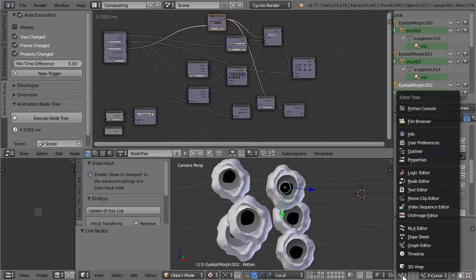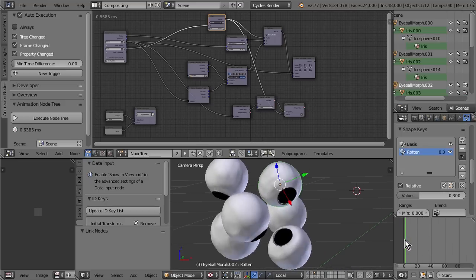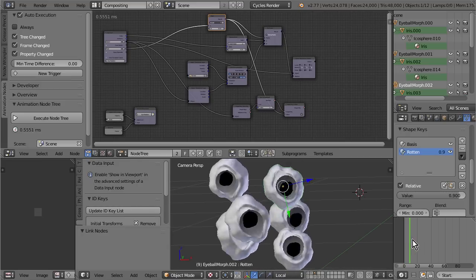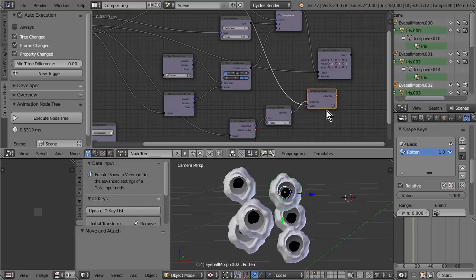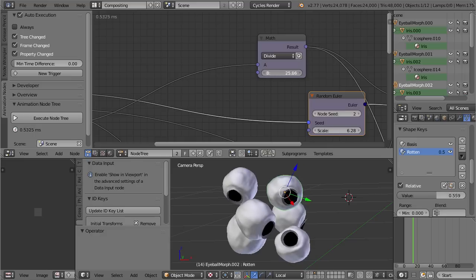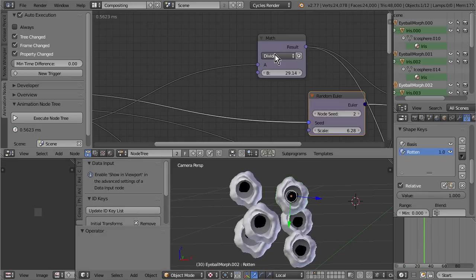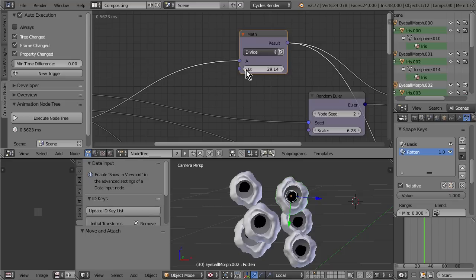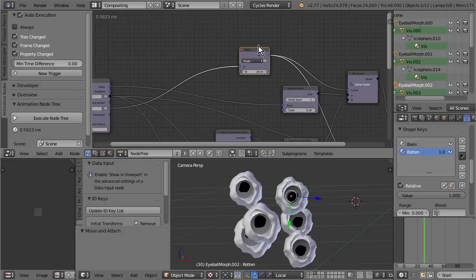Okay, now let's make a timeline out of this. Zoom in, and if I scrub through the timeline, you can see they are morphing and they are spinning. Okay, great. That is what I wanted. By increasing this number here, I can make the animation last longer. So this is the duration. And of course, if I wanted to start this earlier, I could then add a subtract node before the math node and then clamp the result. But that's not the proper way to do this.